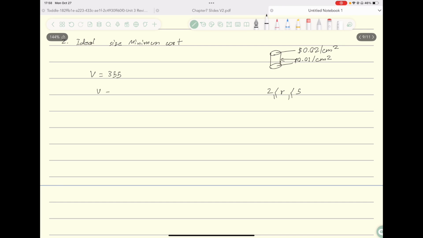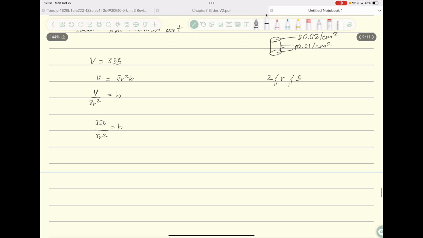First, we have the volume, so we can find the height from the volume. We can play around with the equations and get the formula for the height. The volume is 355. Now we have an equation for the height. And what we want to do is find the cost